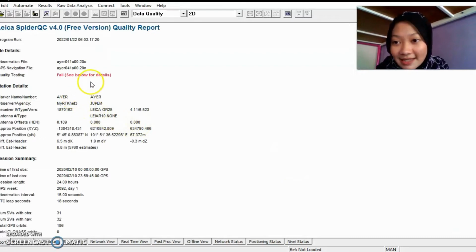Okay, so it will appear like this. We can see here that it states the observation file is IR041A00.20O. The O at the end of the file name refers to the observation file, and the N at the end refers to the navigation file. We need to bear in mind that the GNSS data needs to have both the observation data as well as the navigation data, or else we can't perform the baseline